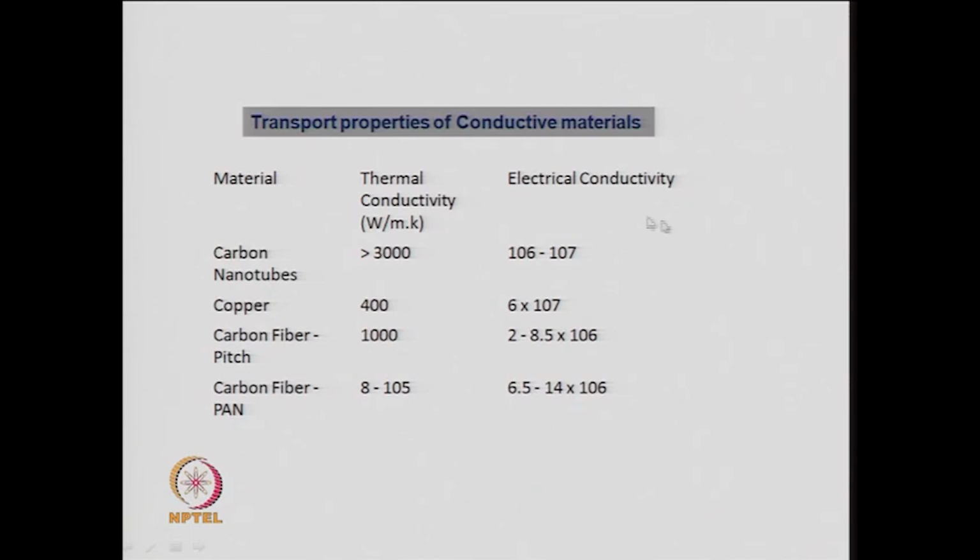The electrical conductivity is around 10^6, 10^7, and of course, for this carbon nanotube it is actually 10 to the power 6 to 10 to the power 7, and it is very high compared to many other materials. So, these are orders of magnitude higher than other materials. Now,